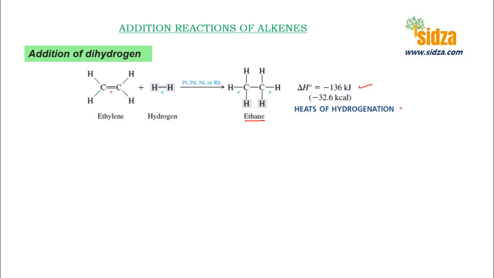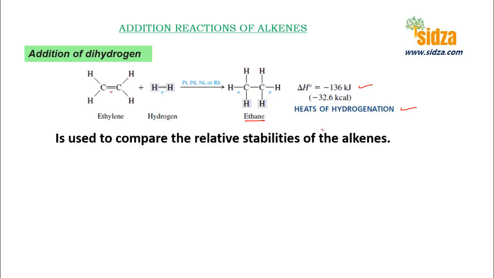And this heat of hydrogenation is very important because with the heat of hydrogenation we can compare the stability of the alkenes, right? If you have a carbon-carbon double bond and there are more substituent groups around it, the alkene becomes more and more stable, right? So if you have only 4 hydrogens here, now suppose I take another carbon-carbon double bond with 1 methyl group, so more alkyl groups around this carbon-carbon double bond increase the stability of the